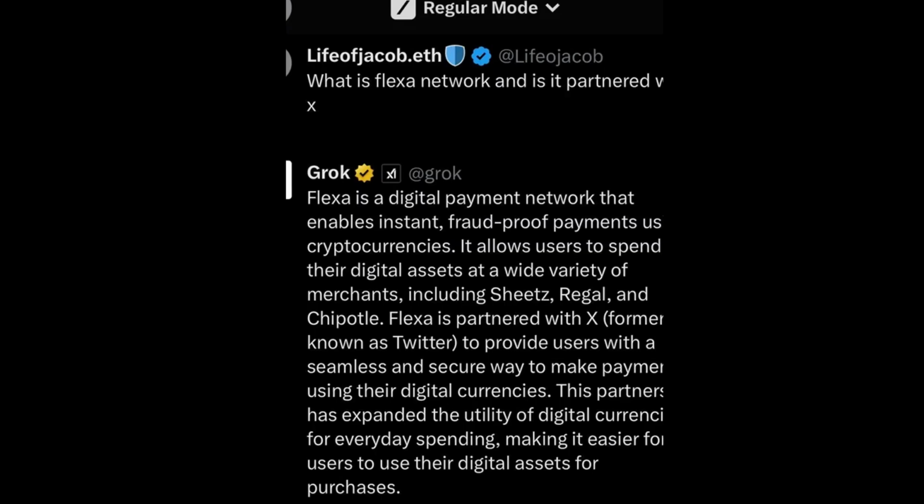So in short, you need to subscribe to Premium Plus, open Grok in X or Twitter, chat with it like ChatGPT, and use it for content creation, research, or fun. So that's how easy it is to use Grok